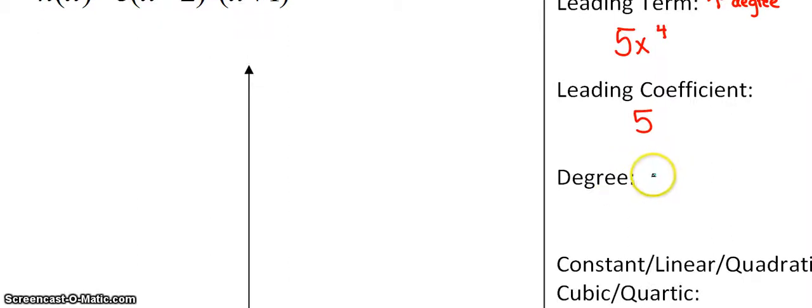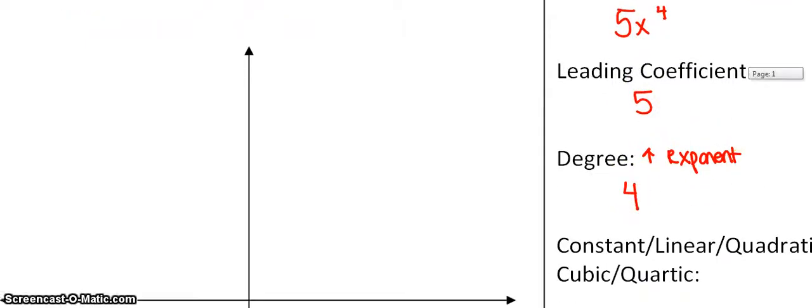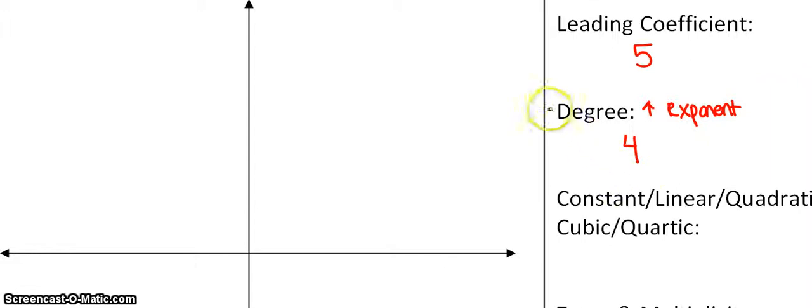And just as a reminder, degree is the highest exponent in that polynomial. So the highest exponent term is 4, so this is a fourth degree polynomial. In terms of defining our degree with a word, we know that a second degree polynomial is quadratic. A first degree polynomial is linear. This kind of function is called a quartic function,